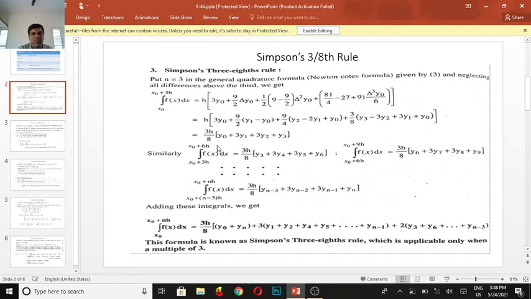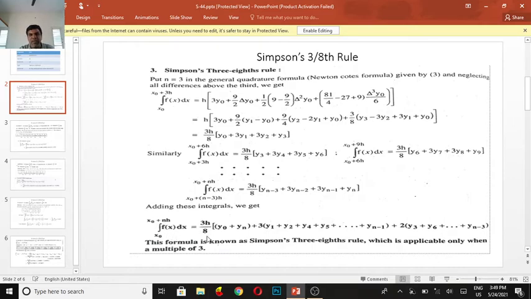So the integral from x0 plus 3h to x0 plus 6h of f(x) dx equals 3h by 8 of y3 plus 3y4 plus 3y5 plus y6, and the integral from x0 plus 6h to x0 plus 9h equals 3h by 8 of y6 plus 3y7 plus 3y8 plus y9, and so on. Finally, the integral from x0 plus (n minus 3)h to x0 plus nh equals 3h by 8 of y(n minus 3) plus 3y(n minus 2) plus 3y(n minus 1) plus yn. Adding all these terms,